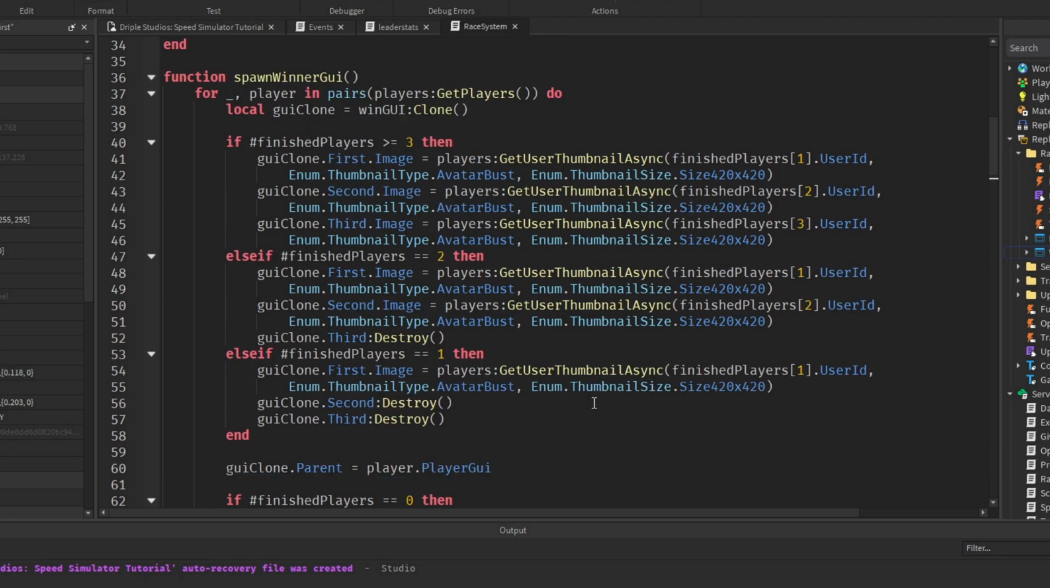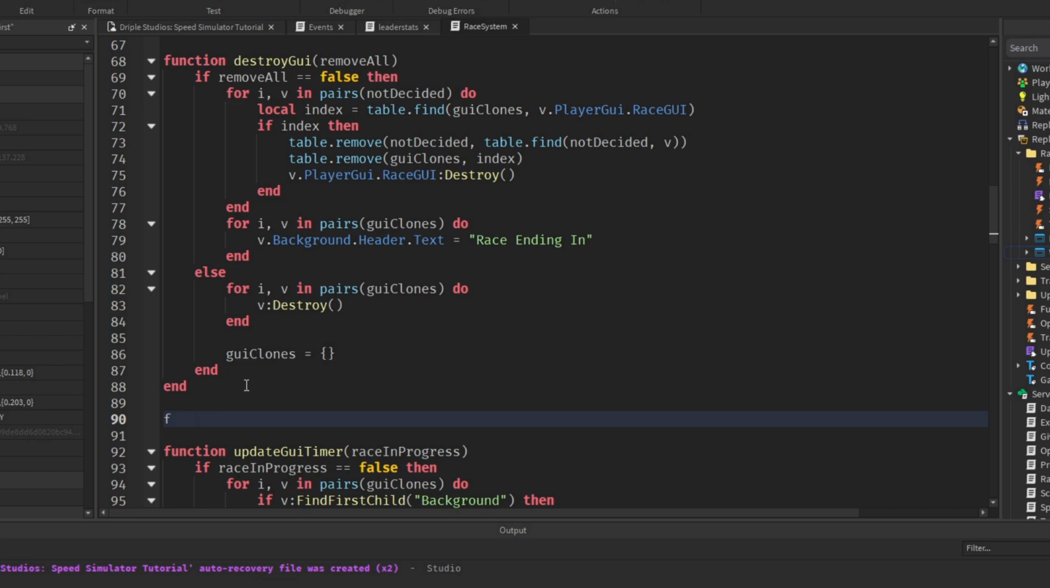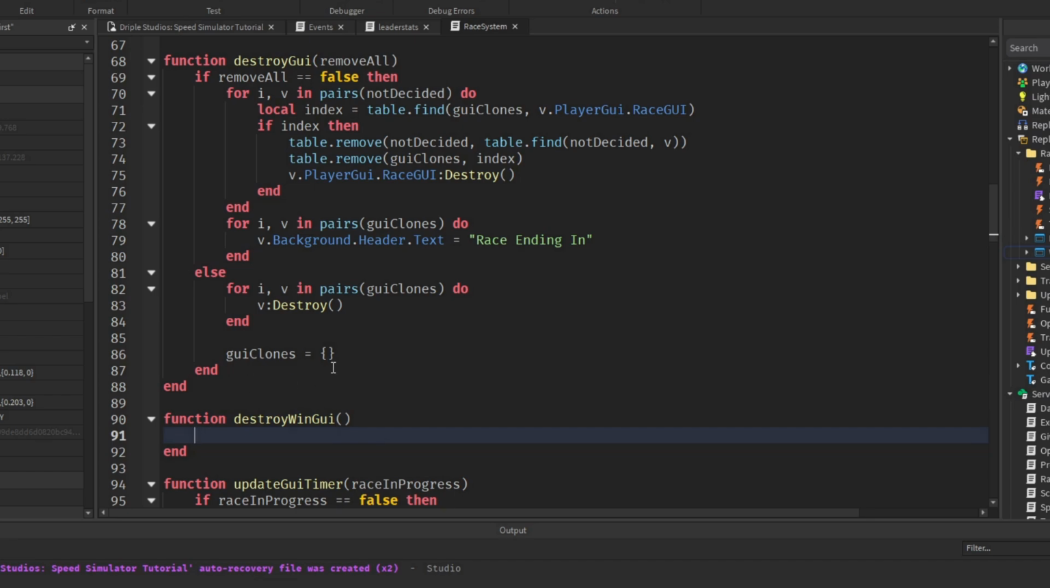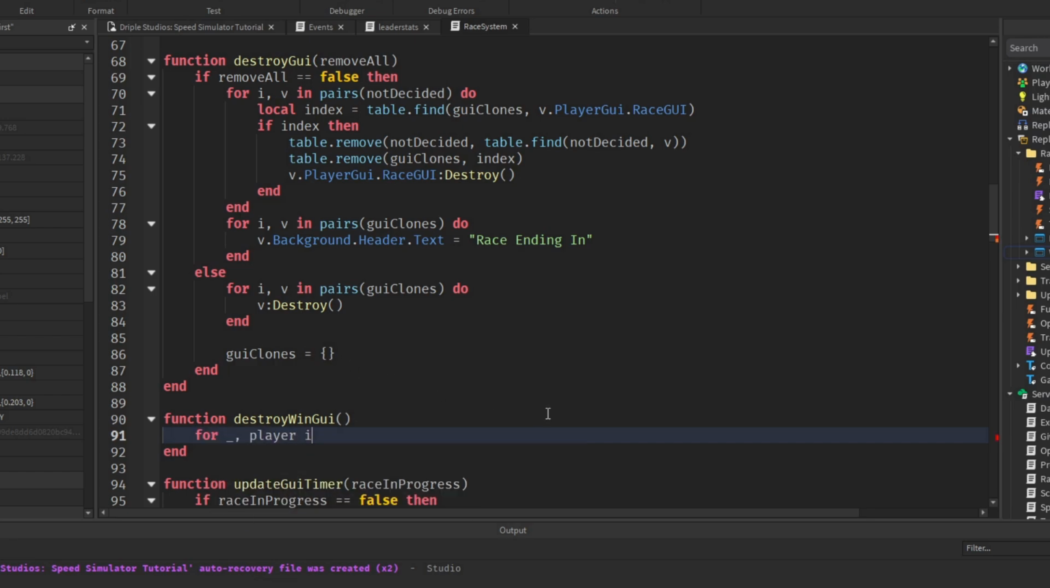It looks complicated, but really, as long as you understand what this is doing, it's a lot easier than it looks. Now, just under our destroy GUI, I'm going to create a new function, and I'll name this destroy win GUI. And in here, again, we're going to loop through each player. If their player GUI contains the win GUI, we'll just destroy it. So for underscore comma player in pairs,